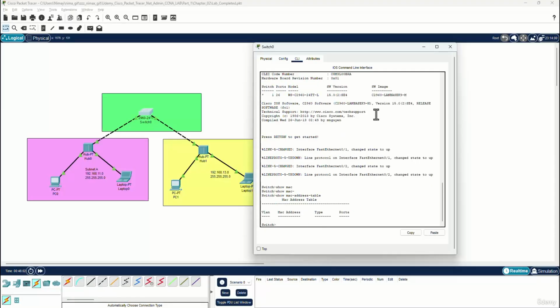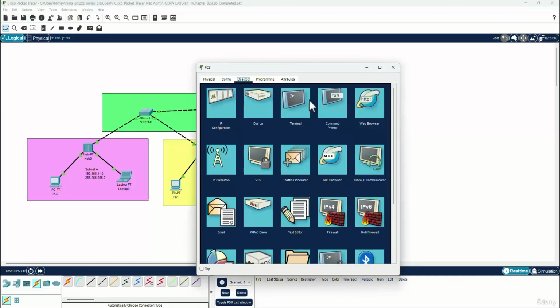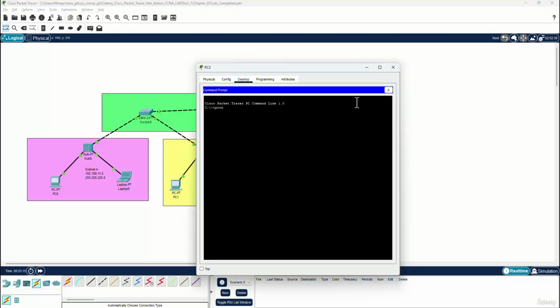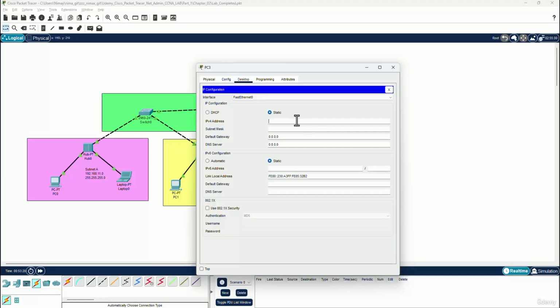We cannot see any MAC addresses here because there is no traffic between subnet A and subnet B, so there are no MAC addresses here. We just connected another hub and PC for this subnet, and I want to configure this PC. You can see that we have no IP configuration, but here I configure